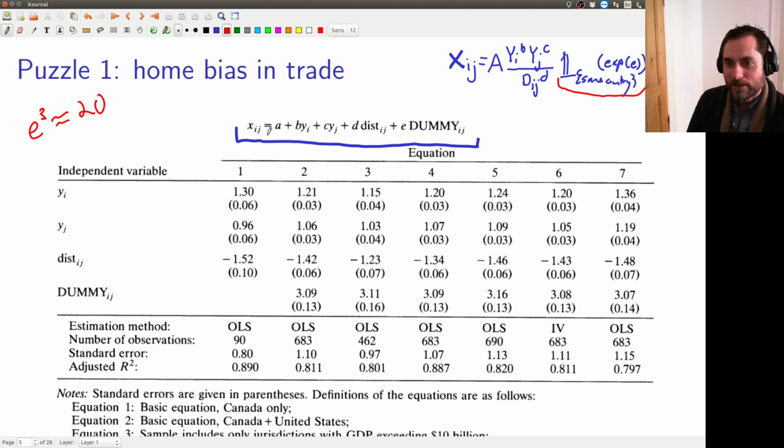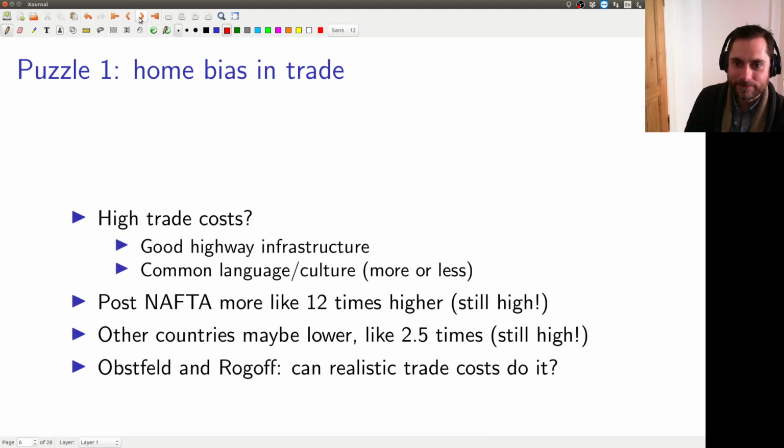All right, so this was sort of a shocking result for people. Why is that? I think I have it on the next slide. What could be causing this difference? If you've ever been to, I mean, most of you probably haven't, but I've been on the border between the United States and Canada. It's not hard to cross the border. We have NAFTA, a free trade agreement. So we should be careful. This data that I just showed you is from before NAFTA, but after NAFTA, it's still like 12 times higher, the amount of trade between states or provinces in the same country.